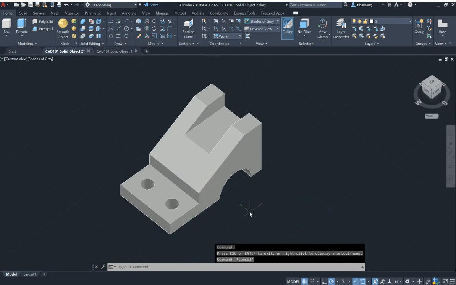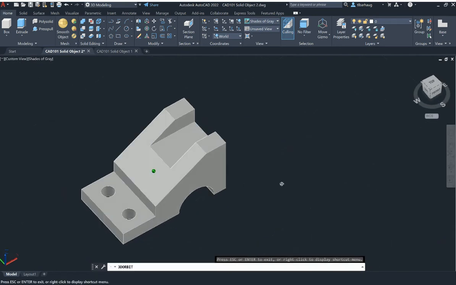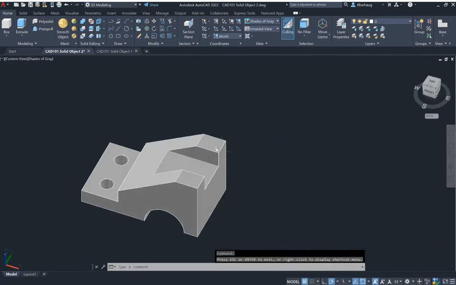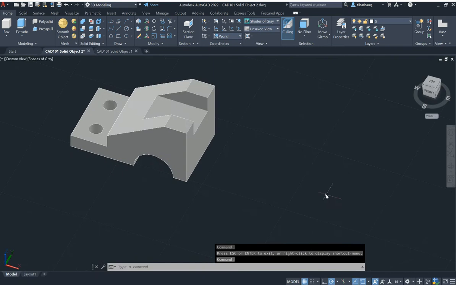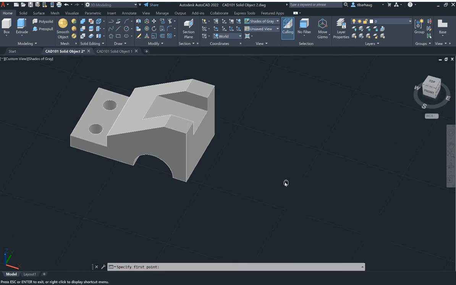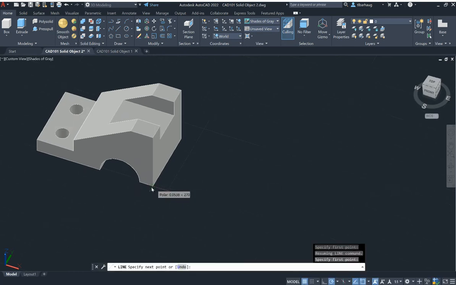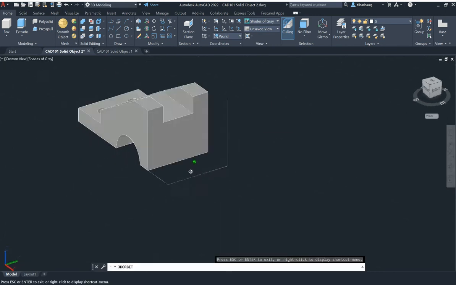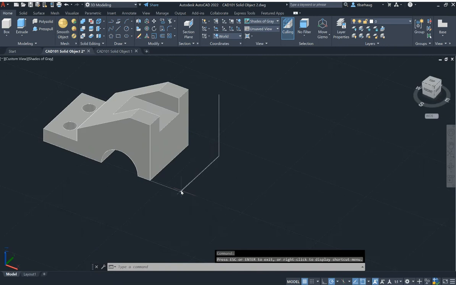Now, what we can also do is 3D mirror. So let's say I wanted another one of these right here on the opposite side, but facing the opposite direction. So what I can do is create a mirror point. Let's say I want to go an inch out, and I'm just going to make this 2 inches, and I'm going to bring this 2 inches up along our Z-axis. So if I orbit around this, I basically have created these 3 points right here